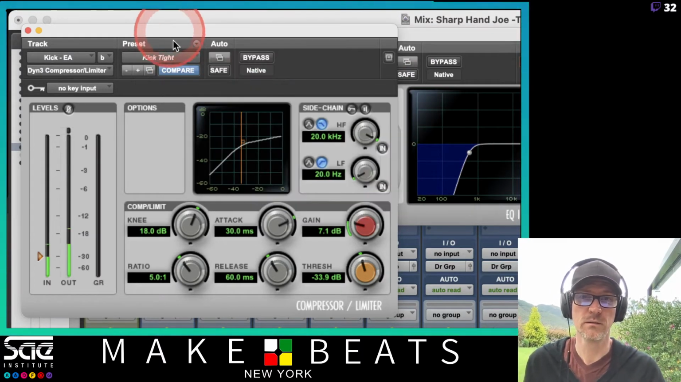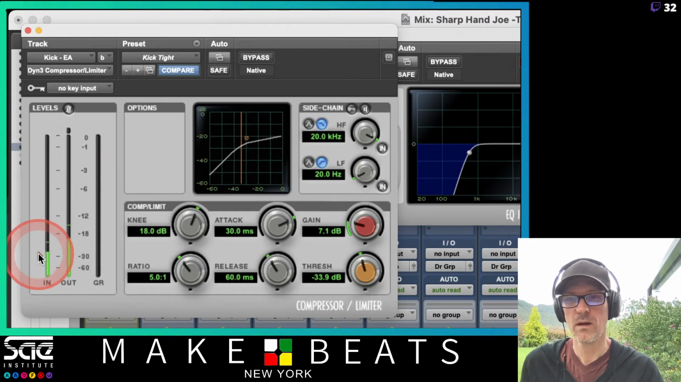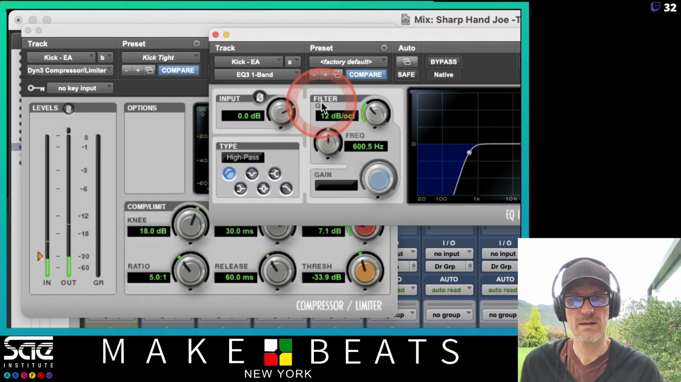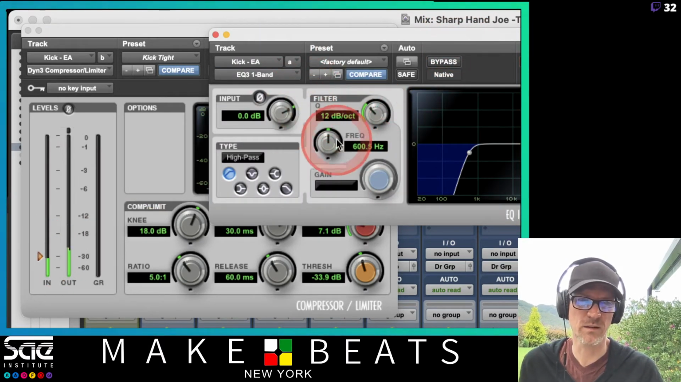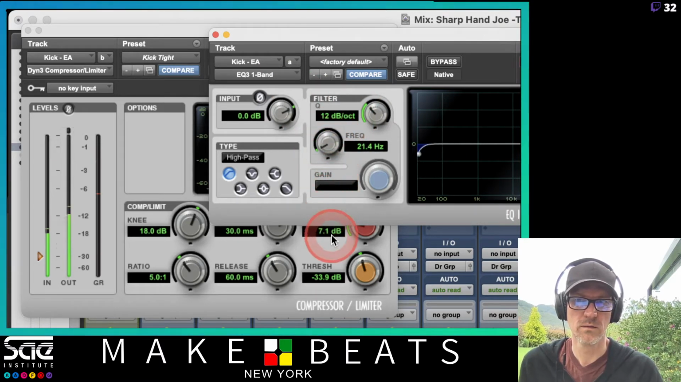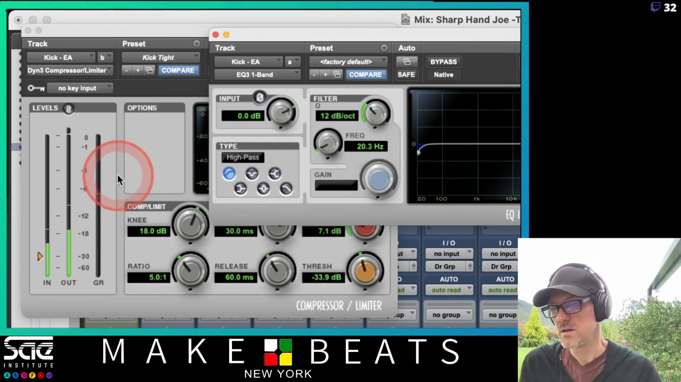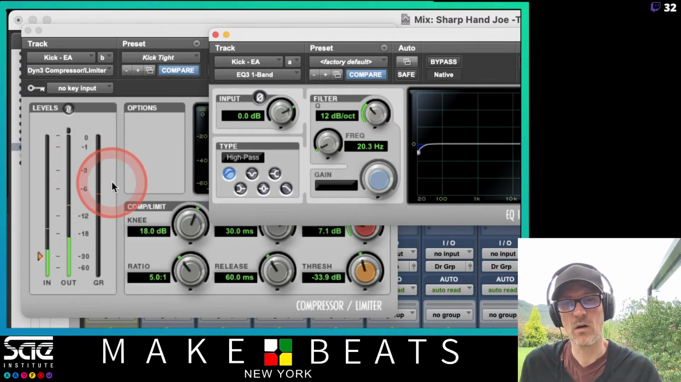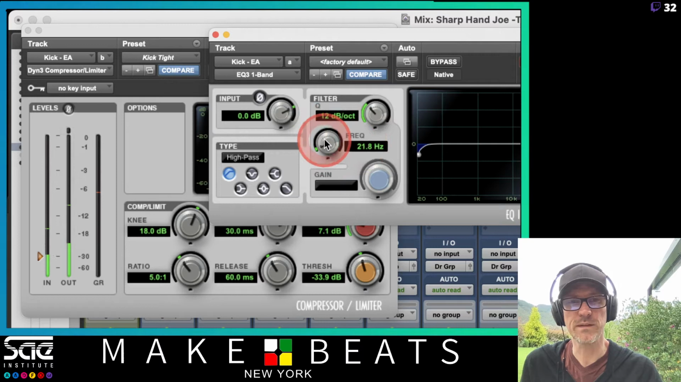So if I go in here and I take out, it's a little bit hard to hear because the compressor is a little bit, you can see it though. Oh, okay, you can see it actually really well. You can see how it's compressing a lot right now? And if I take out all the low frequencies,